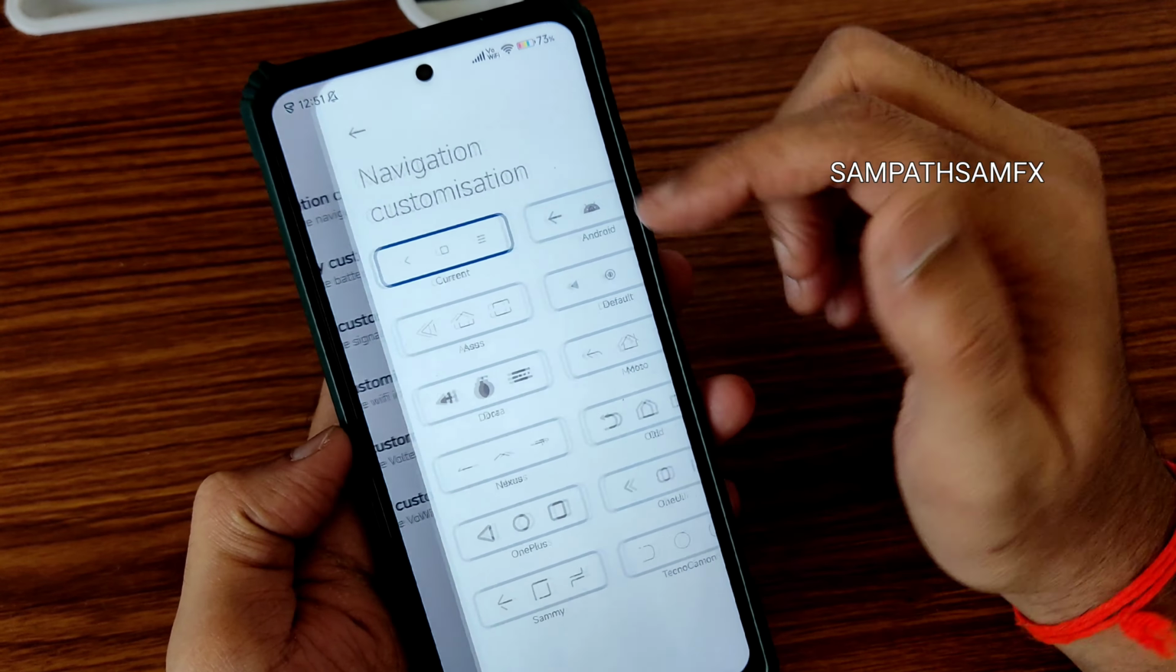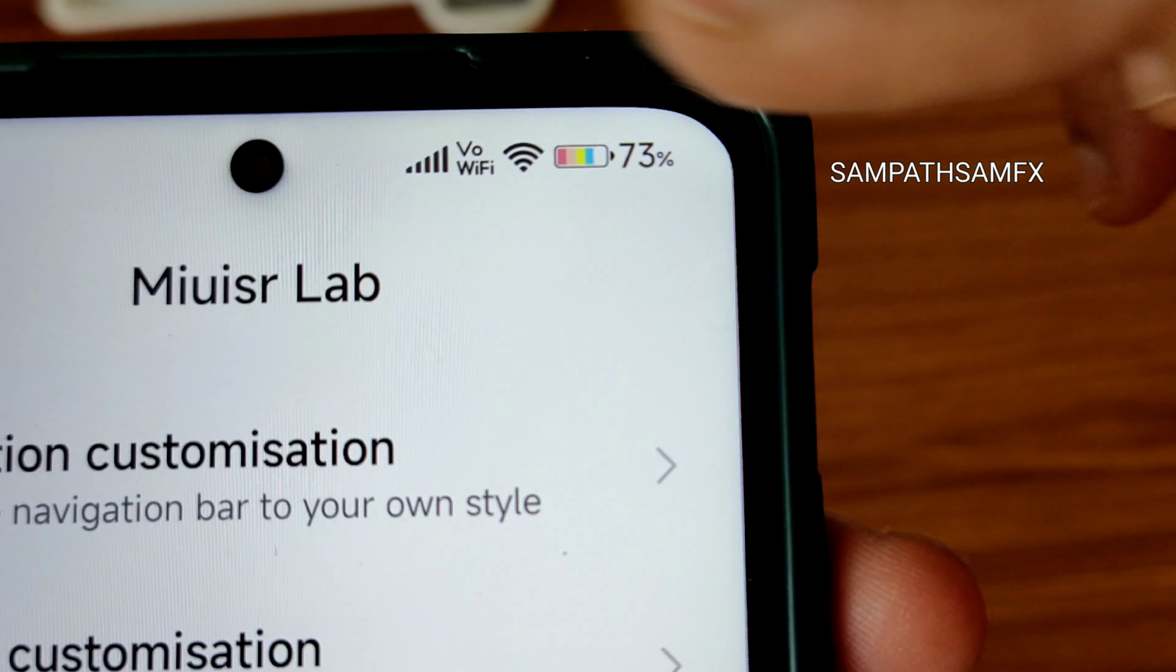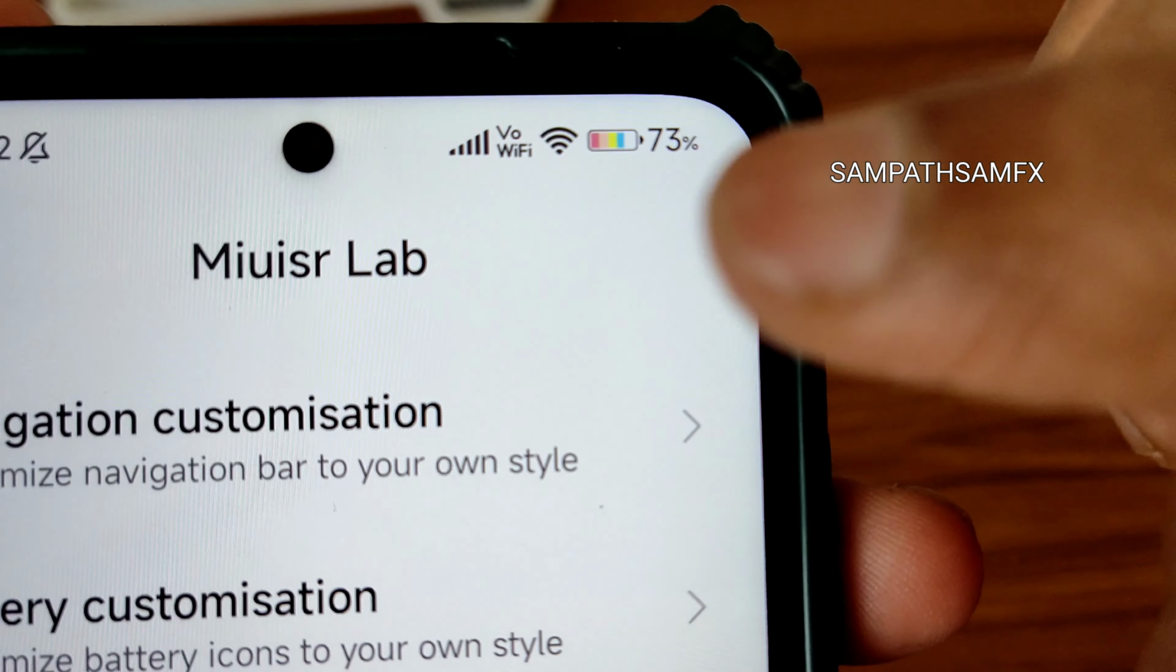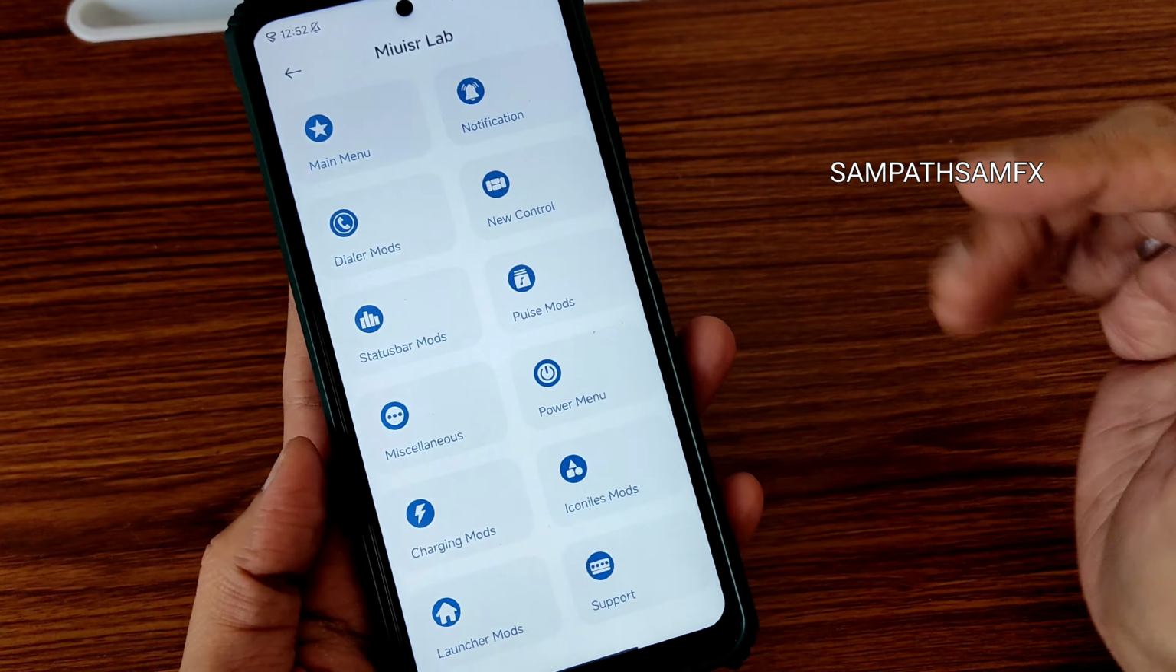Icons, again navigation custom bar, and you can see on the top of the icons, as you can see how I made the battery icon style. You can do that from here. Not just that, you also get this